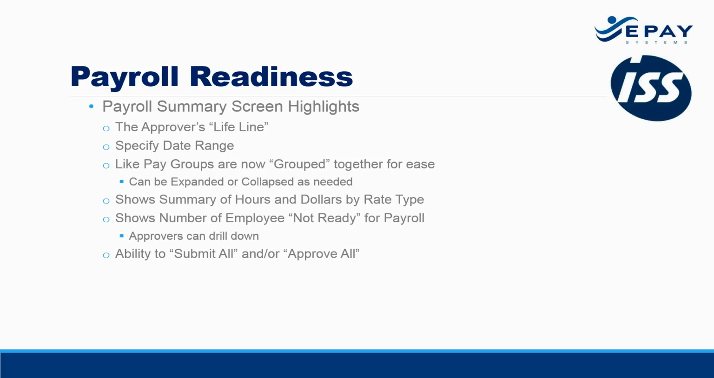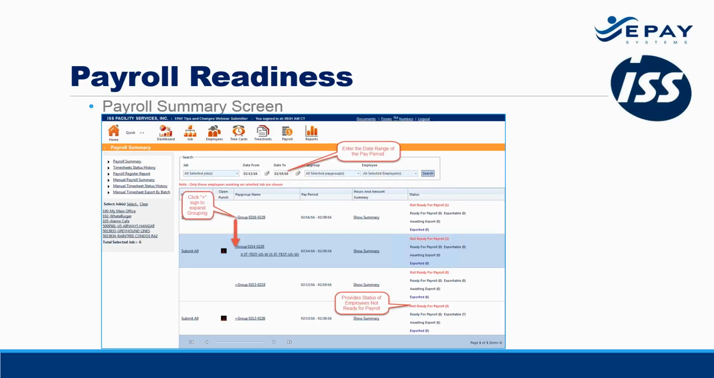You specify the date range. Like pay groups are going to be grouped together. A summary of hours and dollars by rate type will be available for you here. The summary number by employee shows the number of employees not ready for payroll, and then obviously you can always submit all in approval. And one thing I purposely waited to come back here and show you: if I go back to my previous screen, you'll notice here in the left-hand column of this particular screen,